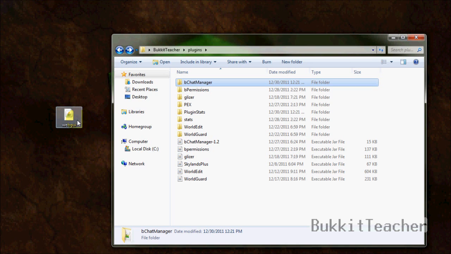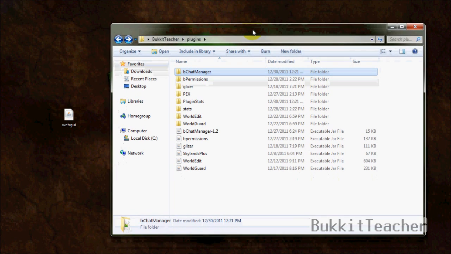Also, it's not fully compatible with the latest version of bPermissions, which I'm using, 2.1.4 beta. It doesn't have the inheritance abilities, stuff like that. So go ahead and drag the WebGUI jar into your plugins file, and let's start our server again. Let it create the files for us. Alright, now that's done, we can close our server, stop our server, head on over to the plugins folder, and